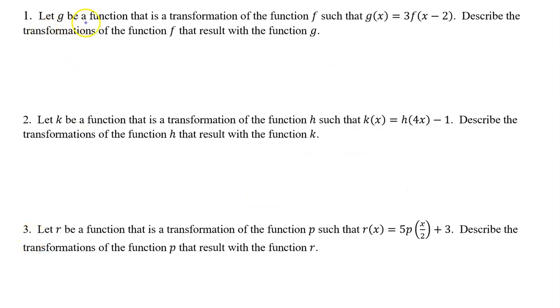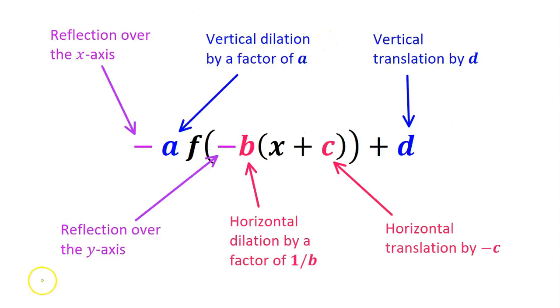Number 1. Let g be a function that is a transformation of function f such that g of x equals 3 times f at x minus 2. Describe the transformations of the function f that result with the function g. If a, b, c, and d are positive constants, then these are the transformations of the parent function f of